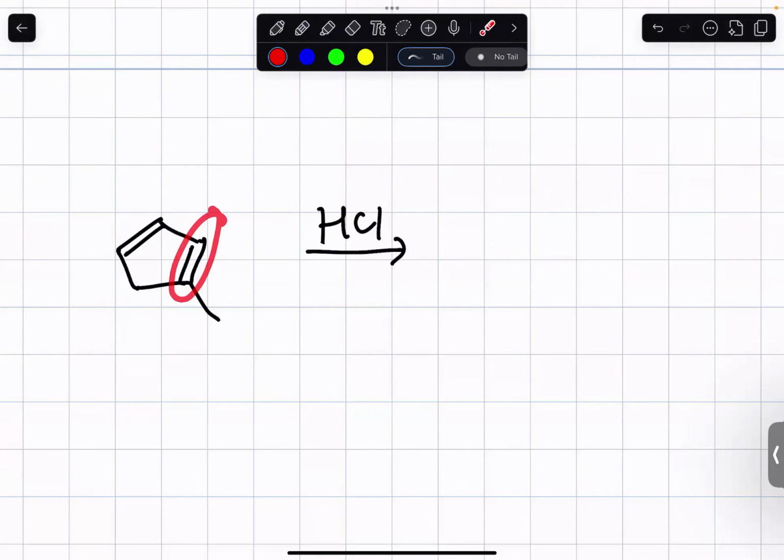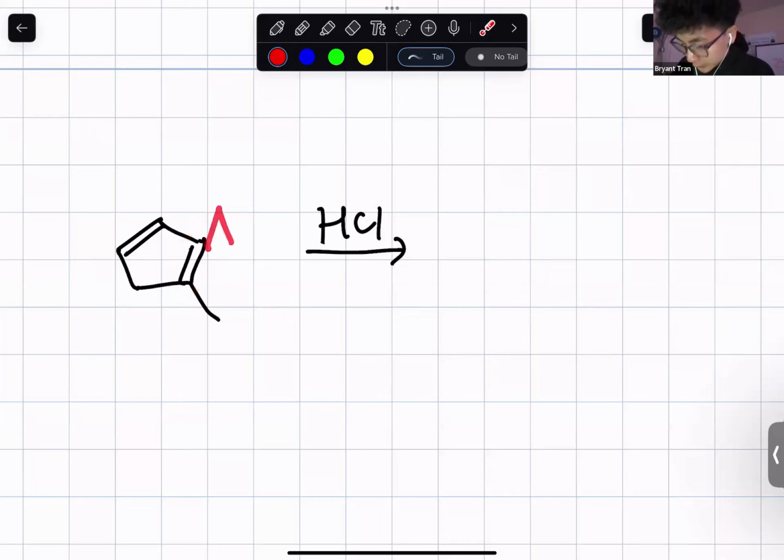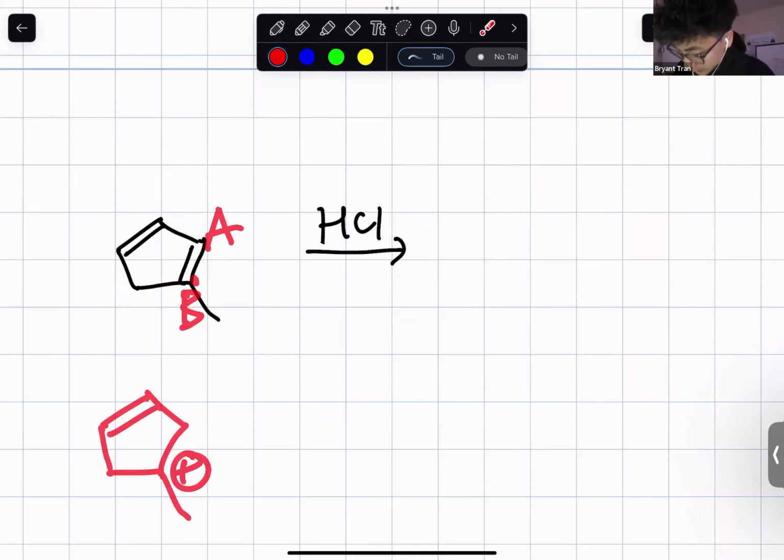Which carbocation do you think is going to be more stable? Do you think that it would be more stable at carbon A or carbon B? B. It looks more stable because it looks more substituted, right? But if I put the carbocation right there, can this carbocation do resonance? No. So this is not